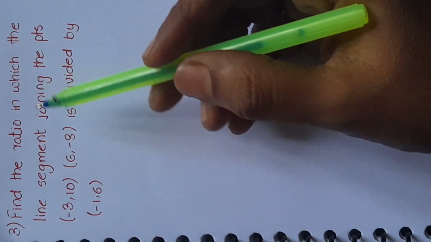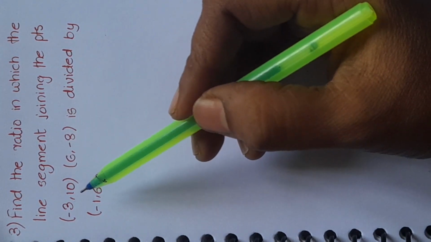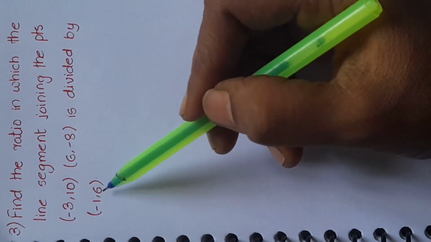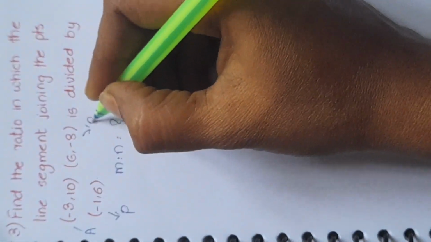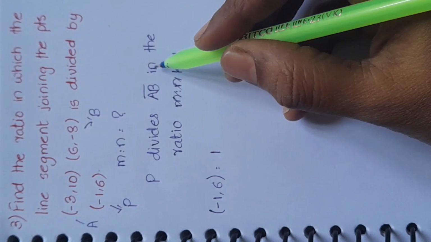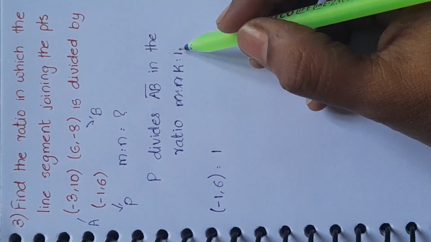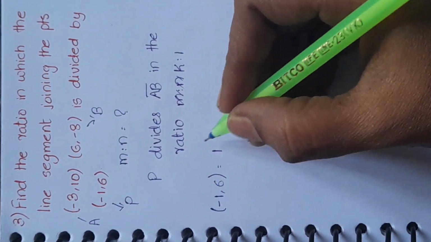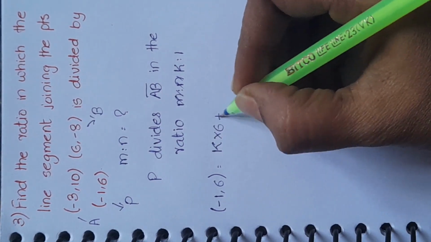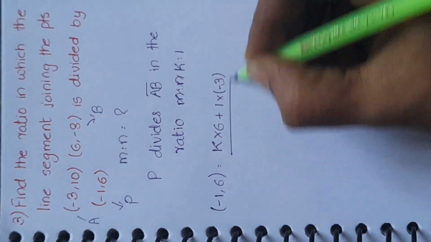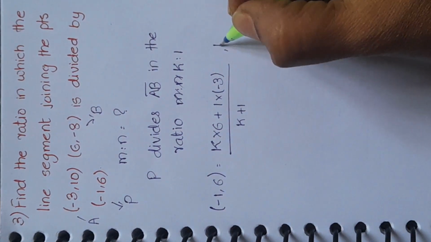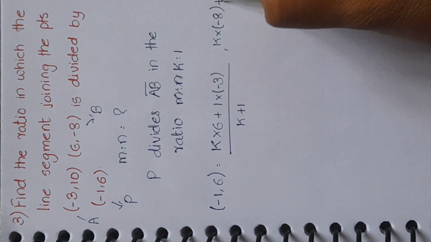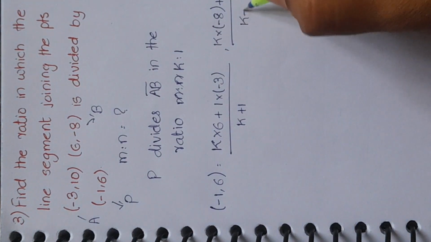Third question is find the ratio in which the line segment joining the points (-3, 10) and (6, -8) is divided by (-1, 6). We need to find out the ratio m:n. Let this point be P, let this be A, and let this point be B. Now point P divides the line segment AB in the ratio k:1. Now the point P is (-1, 6). Let us substitute the values. k into 6 plus 1 into -3 by the denominator k plus 1. Here also k into -8 plus 1 into 10 by the denominator k plus 1,